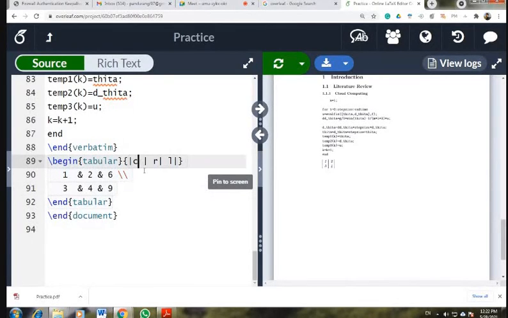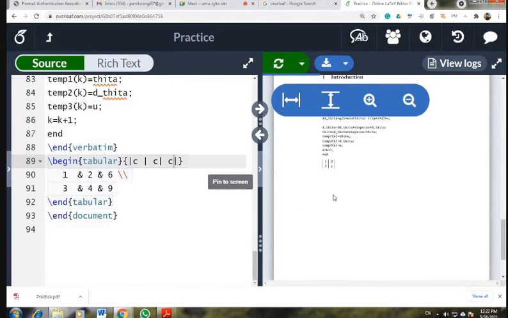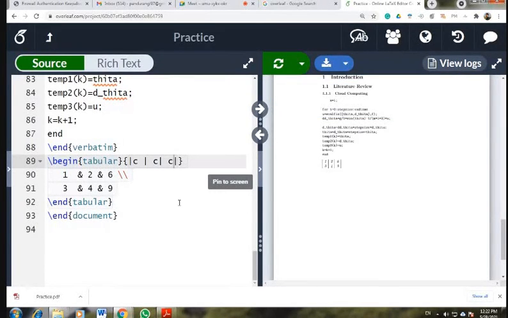This is first column, second column, third column. You can use CCC, there is no issue. CCC means all columns are centrally aligned in the cell. And suppose you want to increase the rows, just go to the next line. For example, 8, then 12, then 34, for example.